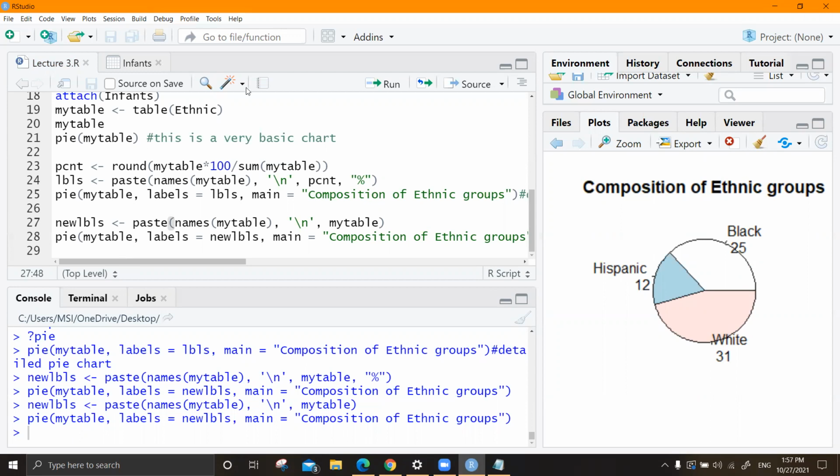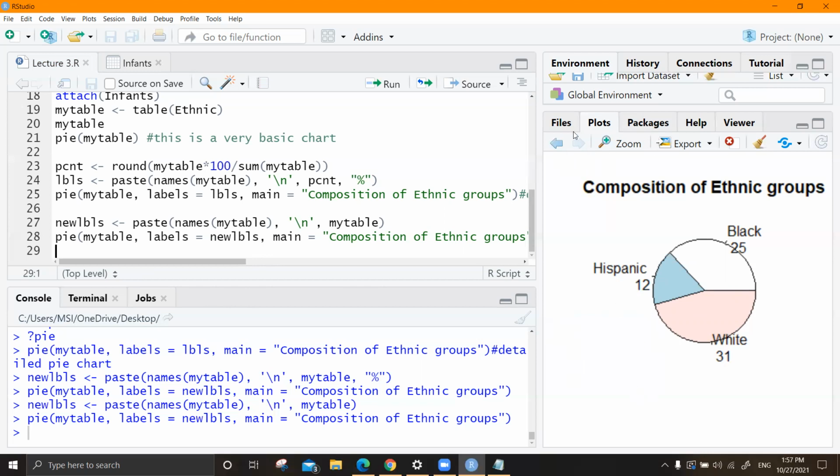There are some handy stuff also. You don't have to plot 3D charts and all that for your exam. If you like to have a 3D chart, I'll just show you. Before plotting the 3D chart, you have to install a package. So you are going to learn how to install a package today with the help of this 3D chart.